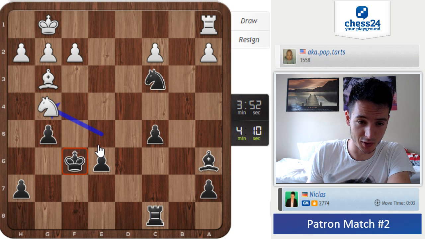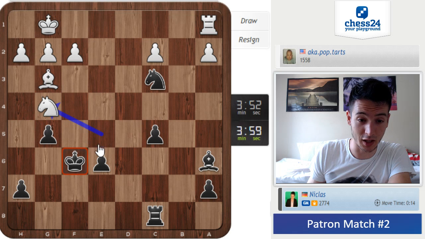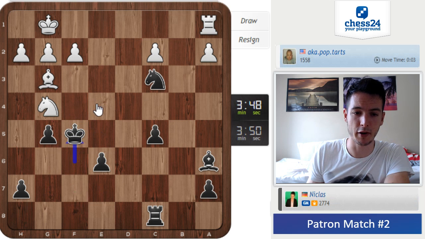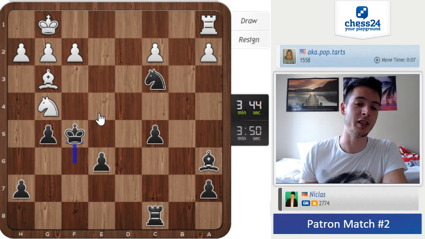Not much I was about to say that white can do, but knight g4 is an interesting try, to say the very least. So can I be active here? That's the question. Can I get away with being active? I think I can. I can play king f5 and knight e3, king e4. And an active king is always a very double-edged